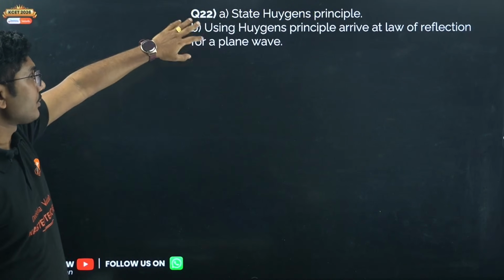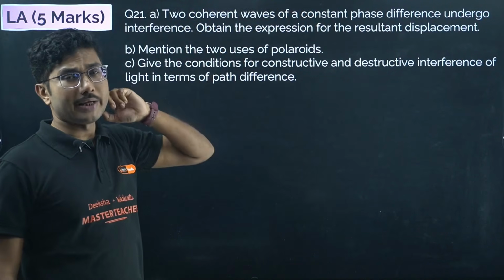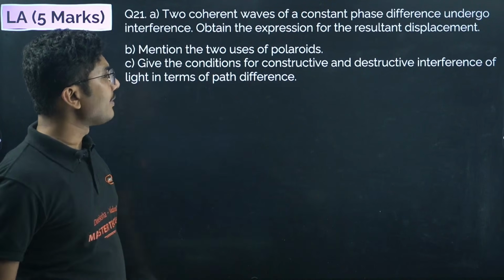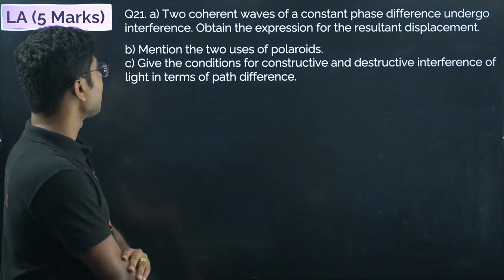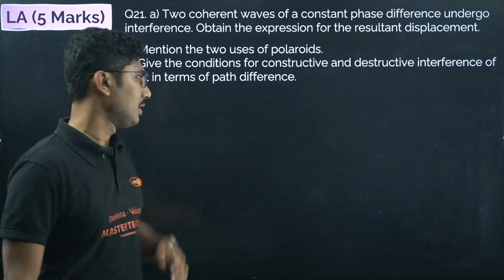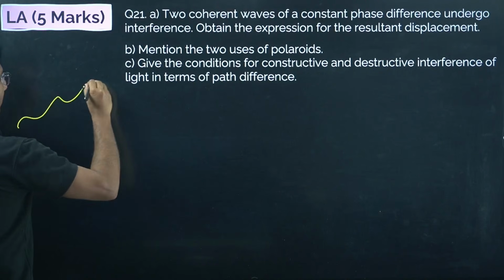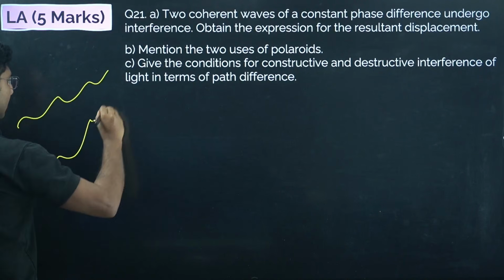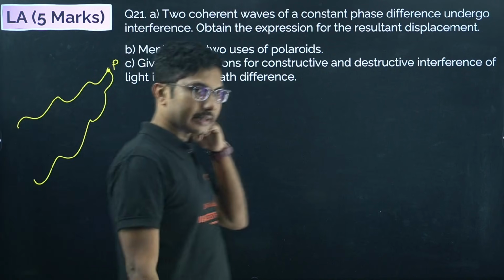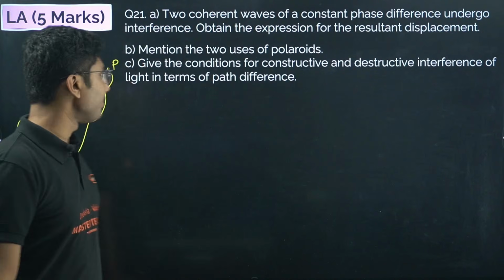This first question can be asked as a 3-marker question, and it can be combined with a 2-marker question to make it a 3-marker. Two coherent waves of constant phase difference undergo interference. Obtain the expression for the resultant displacement. So what is this question about? We have two waves falling at the same point, say P. Now when they are meeting at point P,